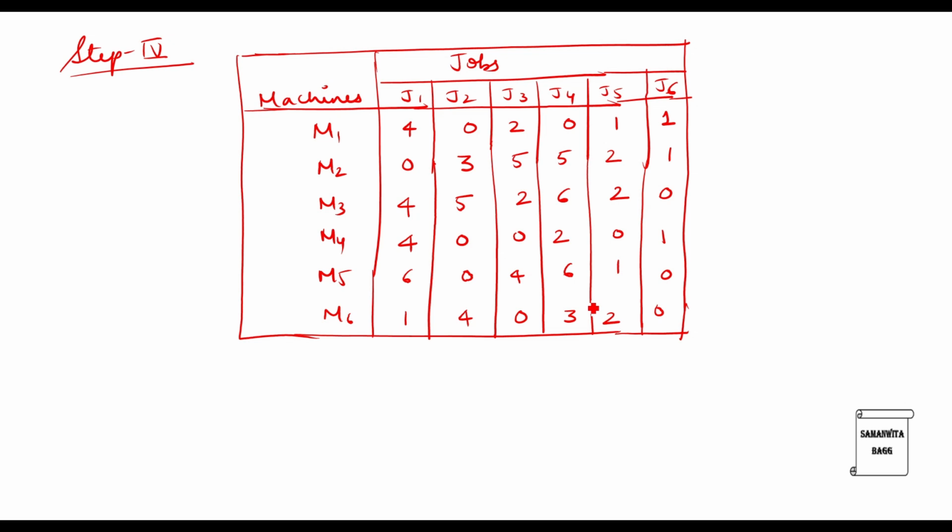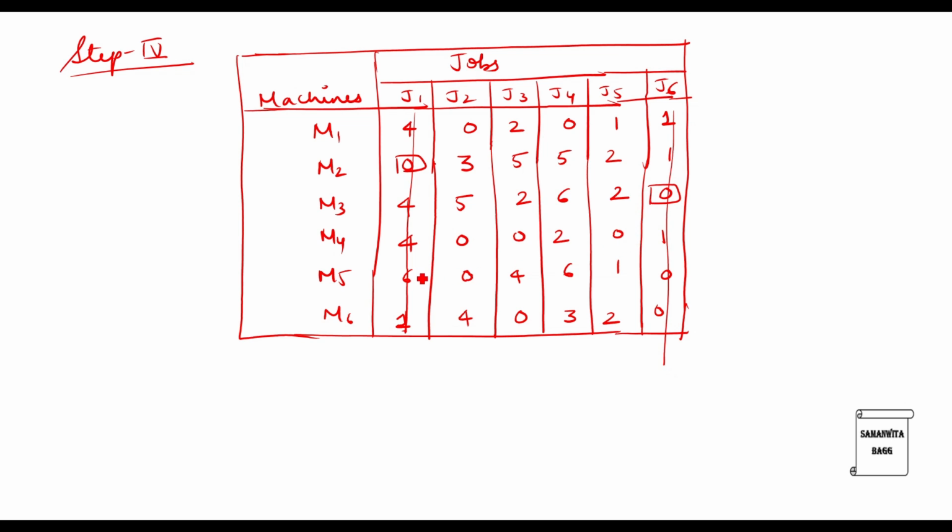So we will try to allocate once more because we have realized that in every row there is at least 1 zero and in every column there is at least 1 zero. So let's go for a second time allocation. First row 2 zeros, skip. Second row only 1 zero, allocate, cancel out the corresponding column. Then we'll go for the third row, again 1 zero, cancel out the corresponding column.